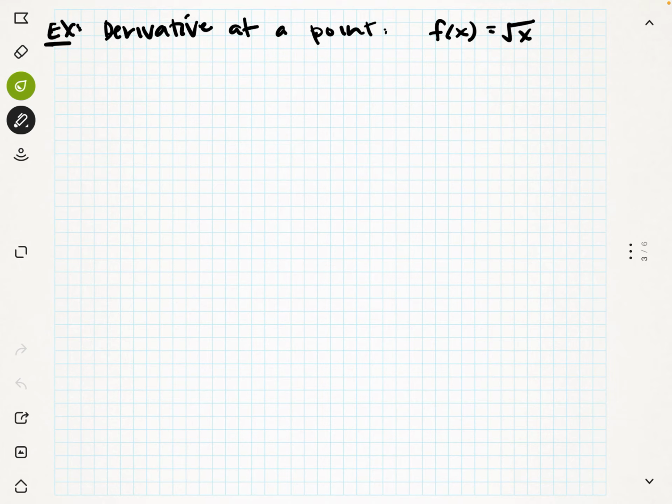For the next one, find the derivative at a point. What they're saying is find the derivative when x equals a. That's just something that they're giving us. Even though it says find the derivative at a point, they're not giving a specific point. They're just saying for any point. It's kind of weird, but the point to remember here is that all we're going to do is find the derivative, and then once we get the derivative, we substitute